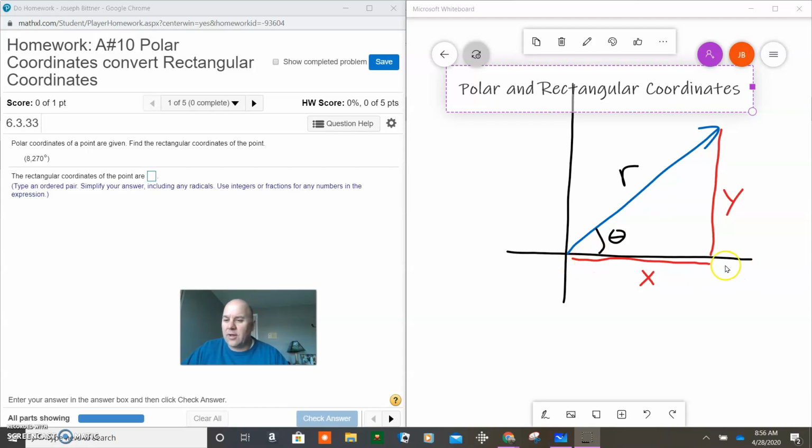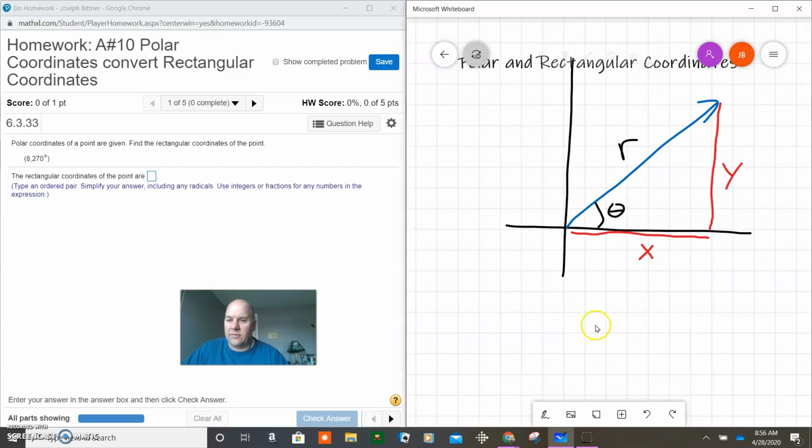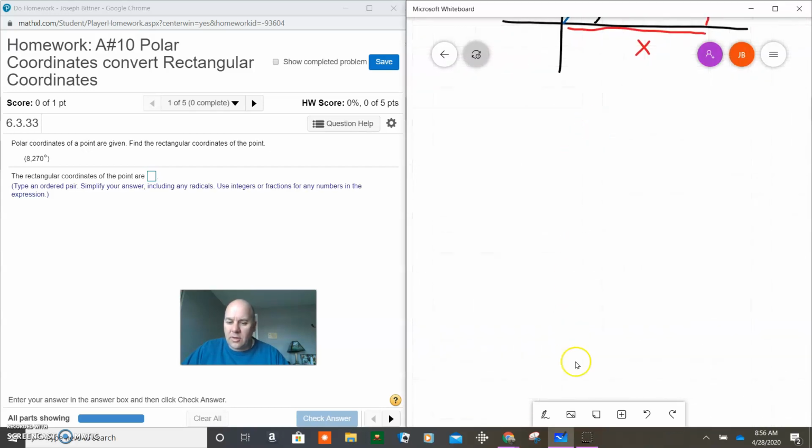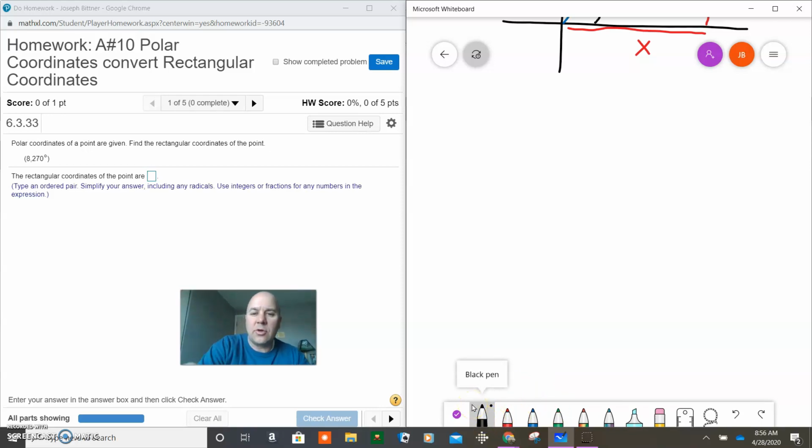So really, it's getting to the same location, but using different directions here. This one just goes right, then up. This one just rotates, and then whatever the radius is. So first of all, let me go ahead and write out some notes on how to convert back and forth. So if we're trying to convert